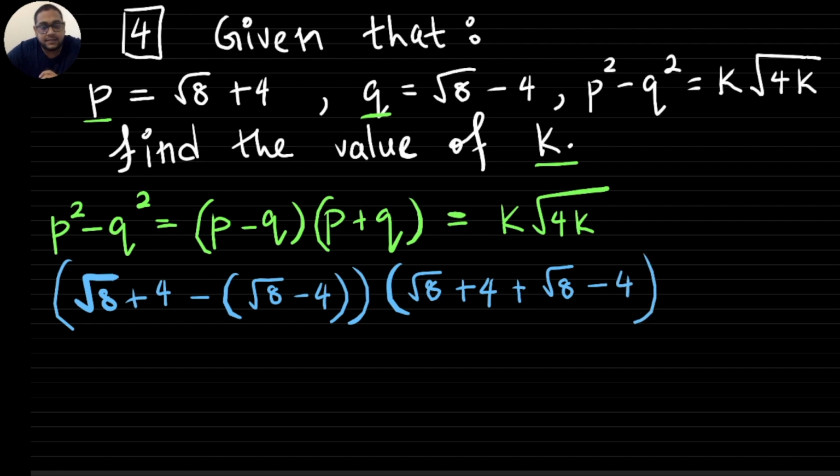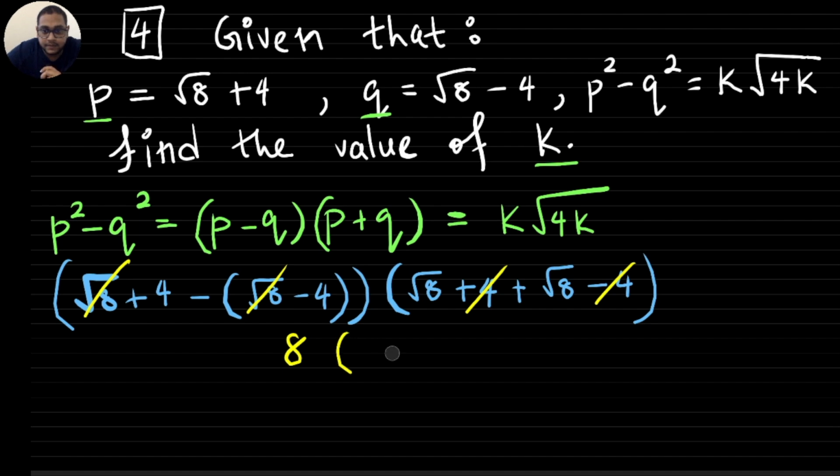We can start simplifying the like terms, and that will be root 8 cancels off with negative root 8, plus 4 cancels off with minus 4, which means your first bracket would simplify to 4 plus 4, that will be 8,